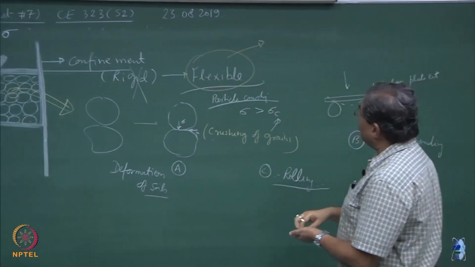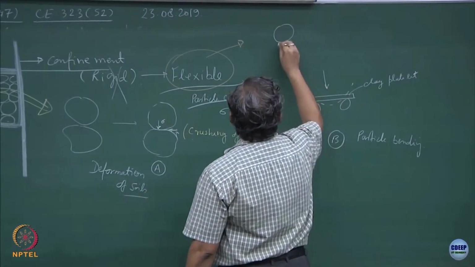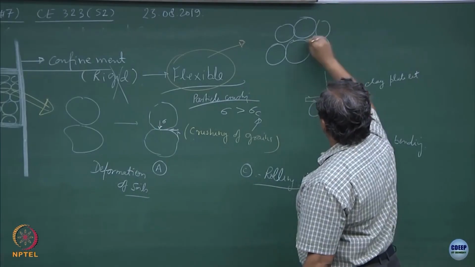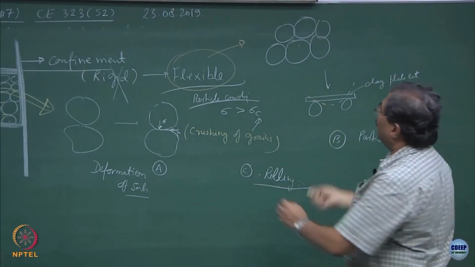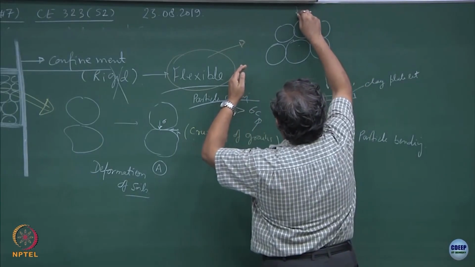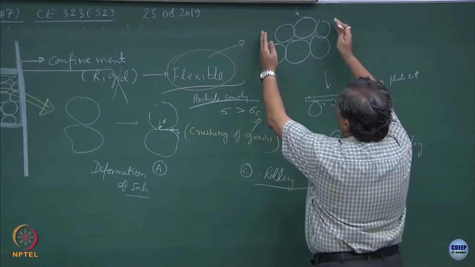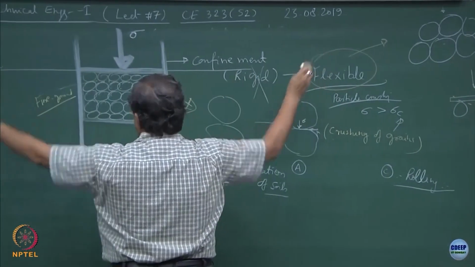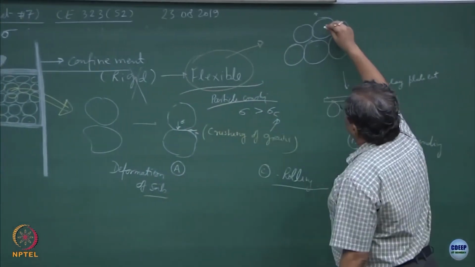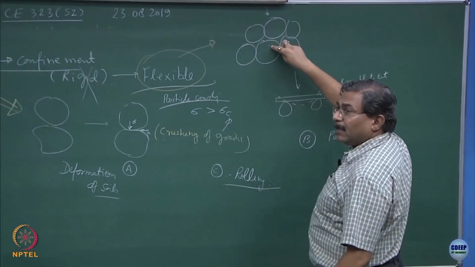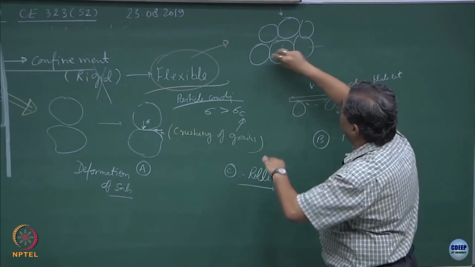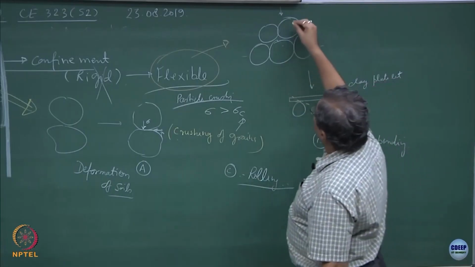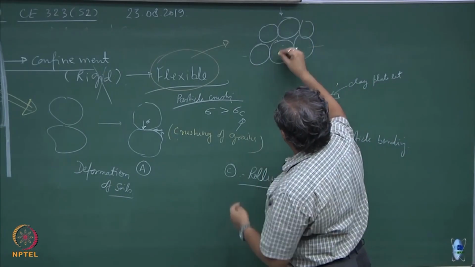And if I take the particulate behavior of the soils and suppose there is a consortium of particles. Now imagine if I am loading it from the top, the boundaries are flexible, it is a semi infinite soil mass, both sides the soil mass exist infinite, clear. What is going to happen? This particle will push it, create some space, this particle gets shifted in the lateral direction, and in the process it might so happen that one of the particles might roll over and come and sit.